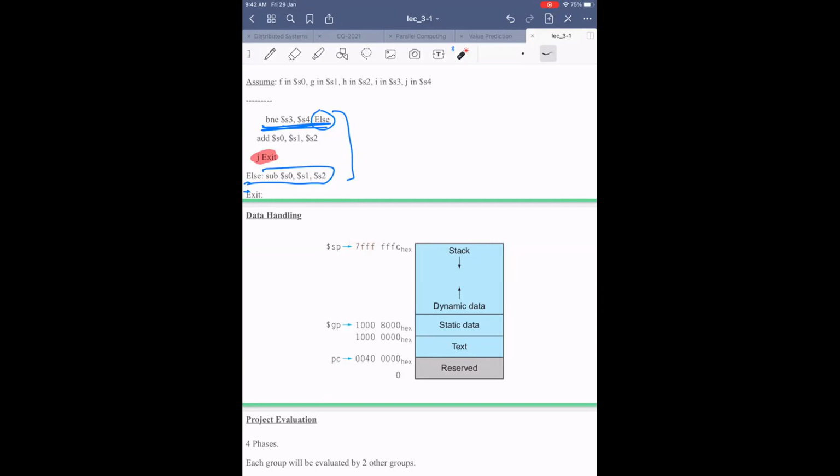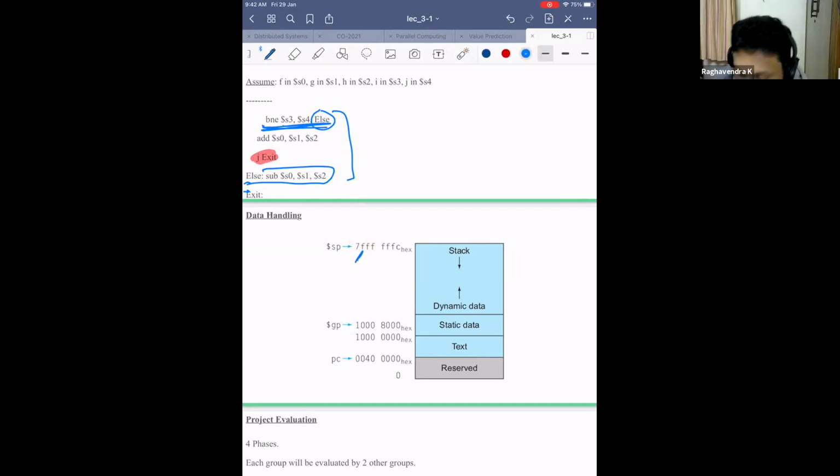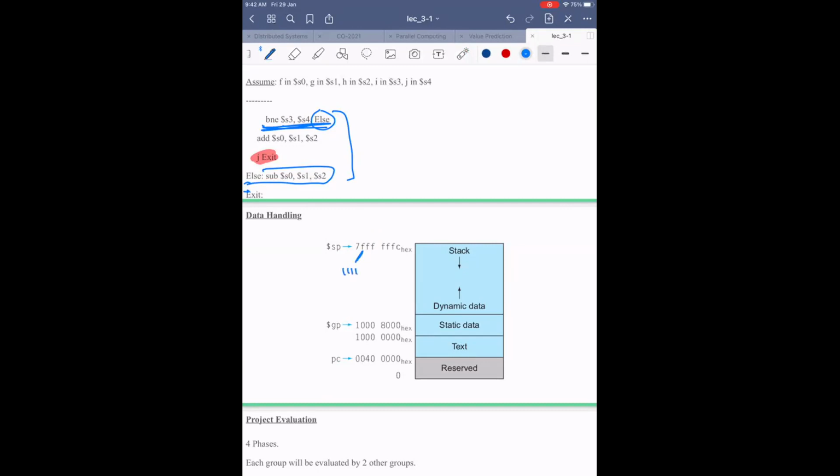What is FFF, right? So if I have to convert FFF into bits, what is the value of this? If I have to convert it to binary, what is the value? All ones. No, how many ones? 4 ones. And if I have to convert it into decimal, then what is the value? It is 15.